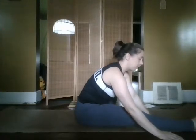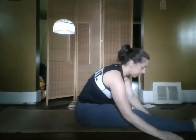Take a few breaths right here to just start to loosen up this right hamstring. Again, keep that breath. That's the most important thing. With a nice big breath, everything is just a little bit easier. Then start to add in. When you're ready, inhale, lift up, left hand back behind the hip, right arm up to